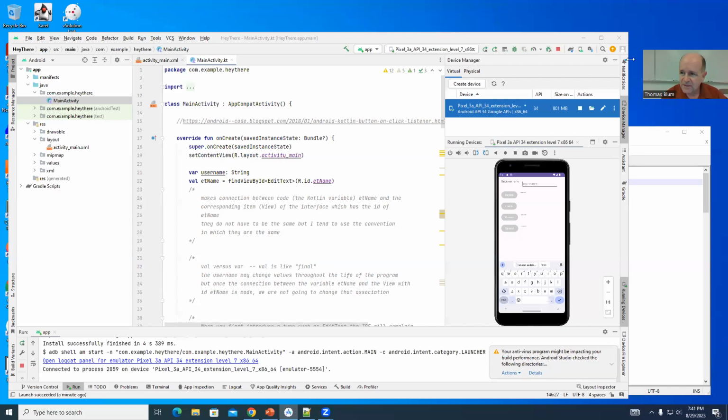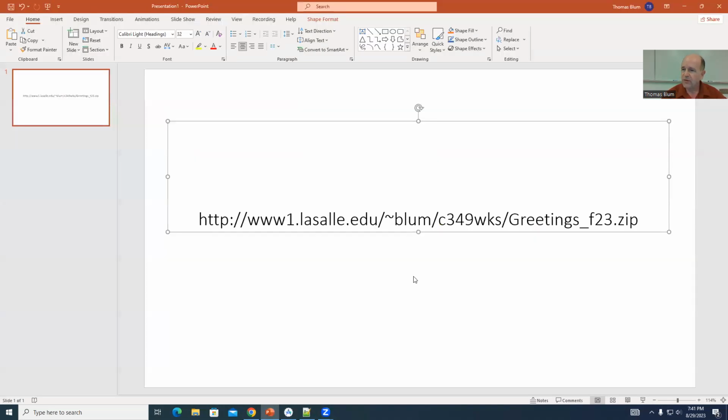I want to look at some introductory Kotlin code made in Android Studio with a views activity. So I'm not using Compose, at least not yet. I started with some pre-existing code that can be found at this location, and it has a Kotlin file, MainActivity.kt, and it should also have an